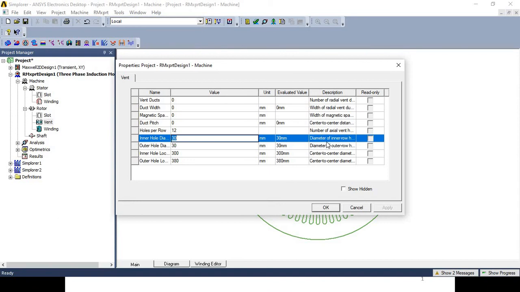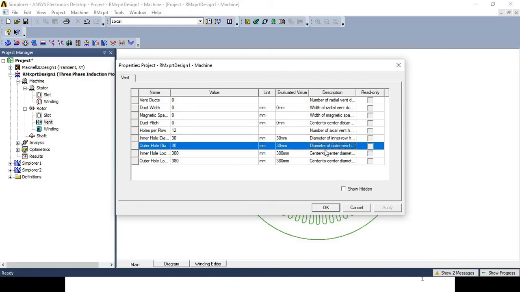Then inner hole diameter, that is diameter of the inner hole, then outer diameter, that is outer diameter, is 30 mm.